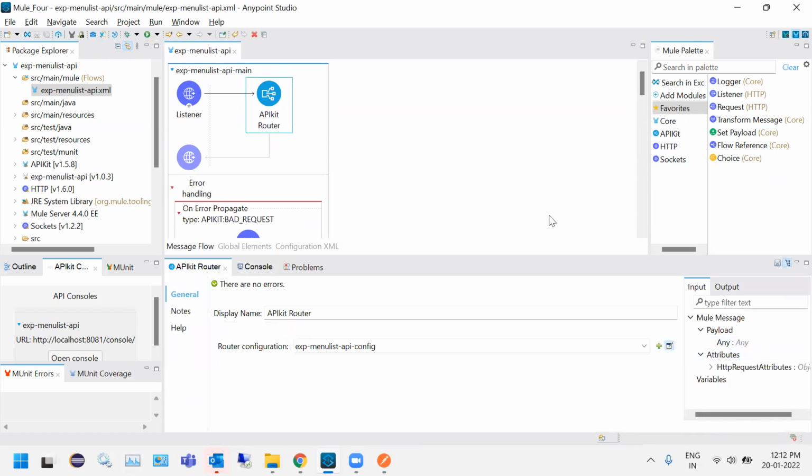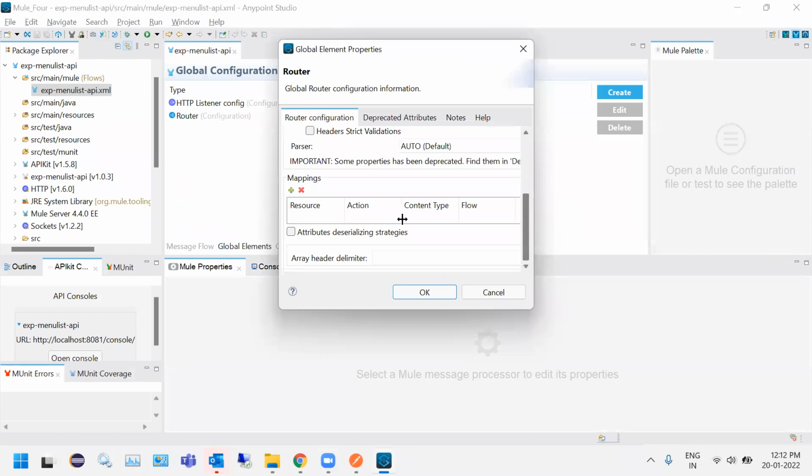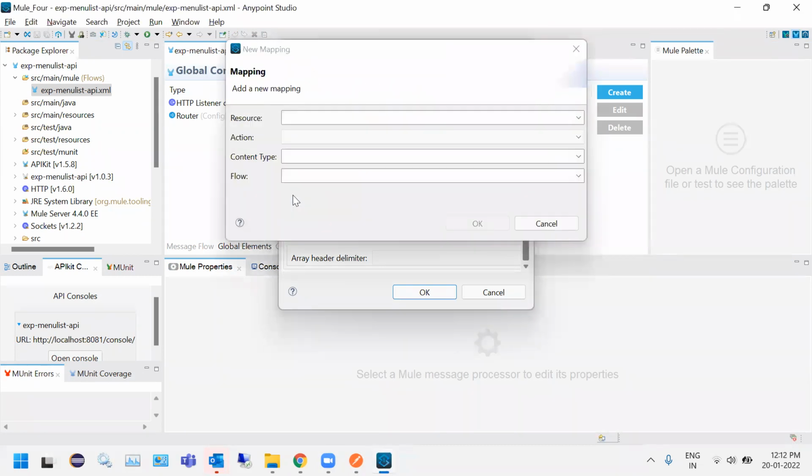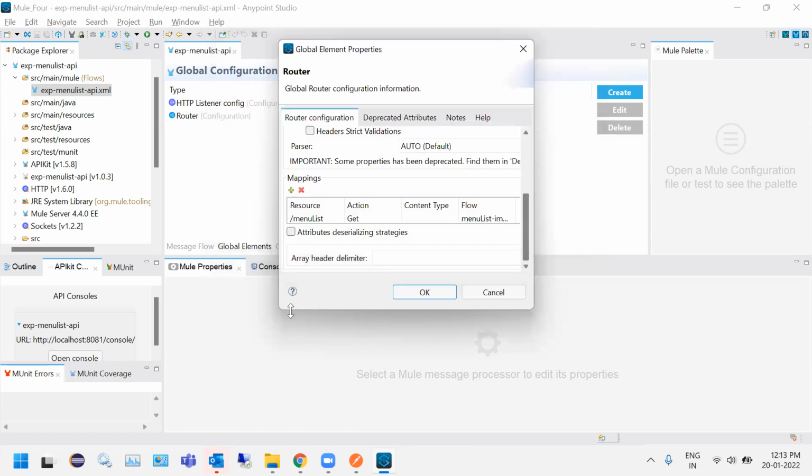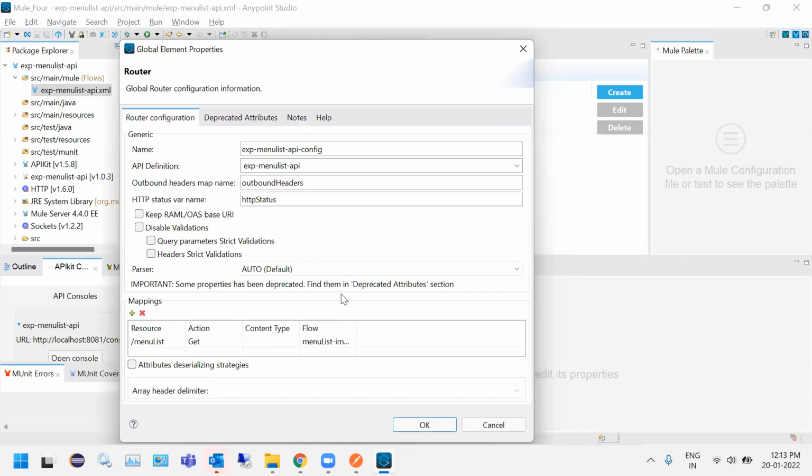to configure your own mappings. For example, let's say, see under mappings, just a second, let it load. For this menu list resource, and for the get method, if I want to call the menu list implementation flow, I can configure these manual settings here. So in API kit router configuration,